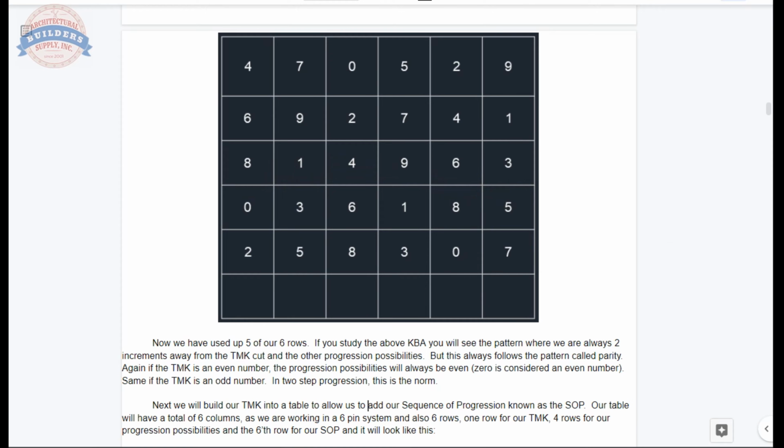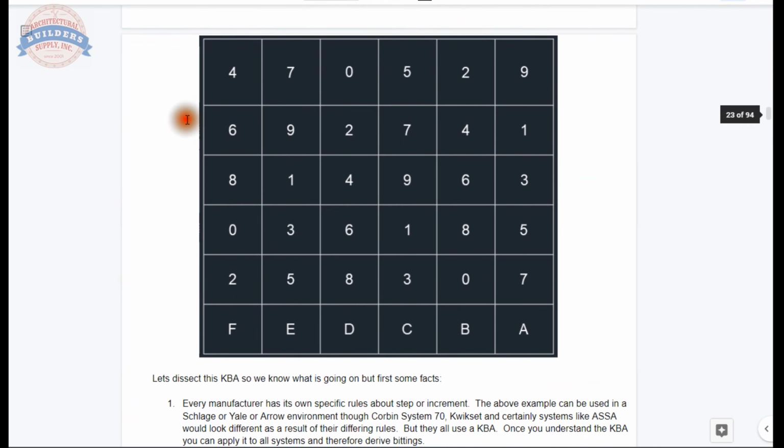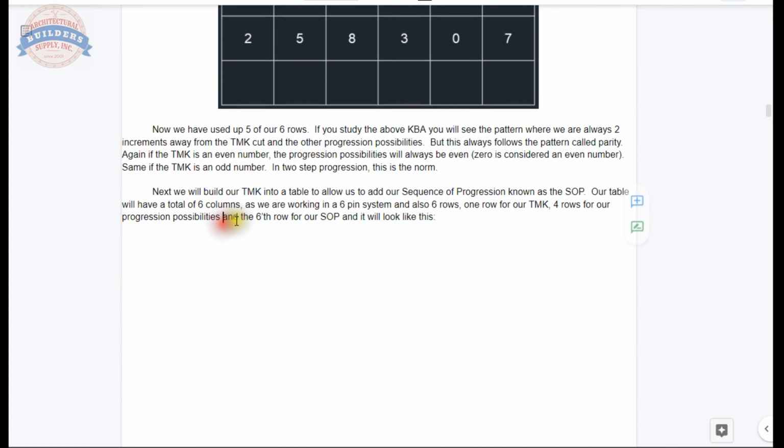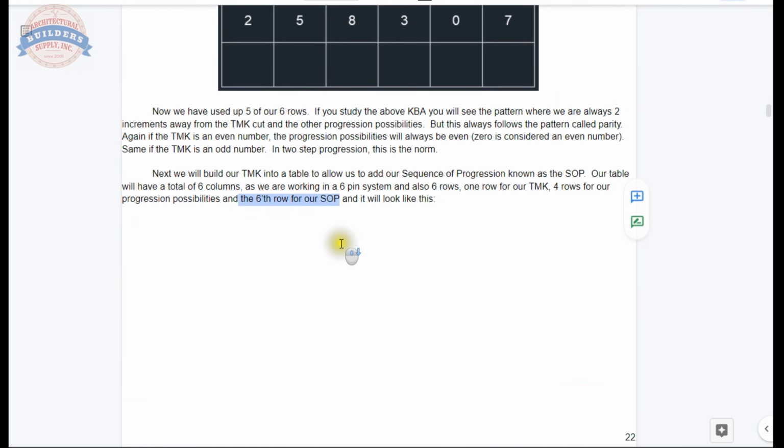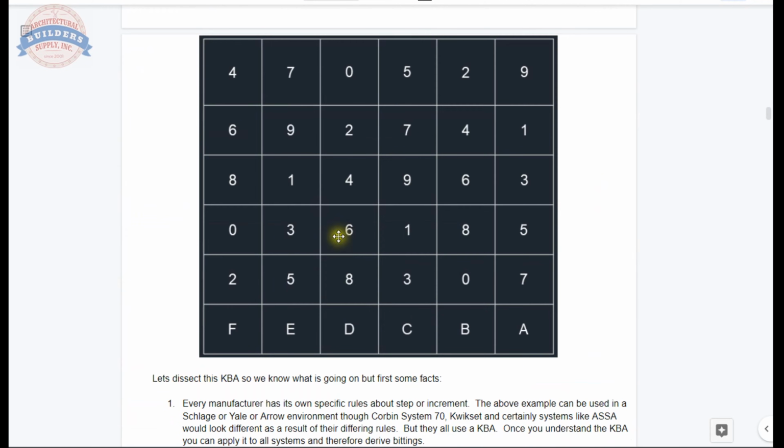Our table will have a total of 6 columns as we are working in a 6-pin system, but also 6 rows. 1 row for the TMK, 4 rows for progression possibilities, and the 6th row is our SOP, and it will look like that. Okay, I've put the SOP this way just because it's the odometer method. You can sort that any way that you like, and we'll discuss, I'm sure, why you might want to sort